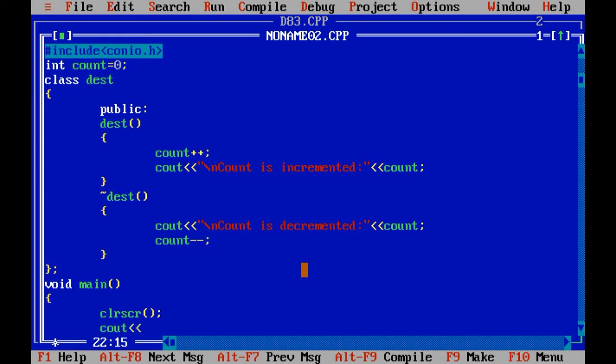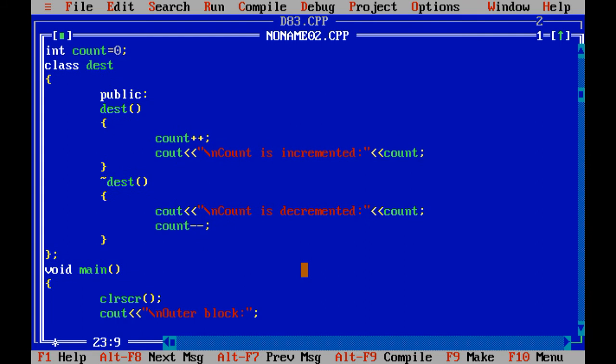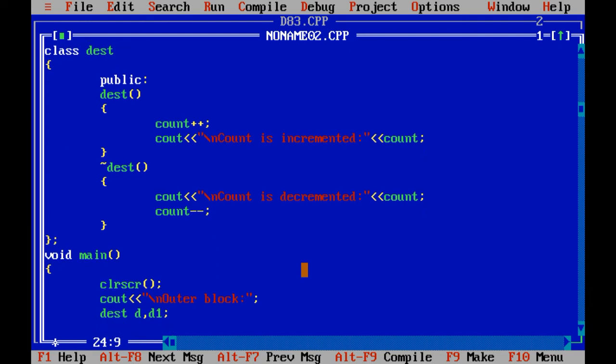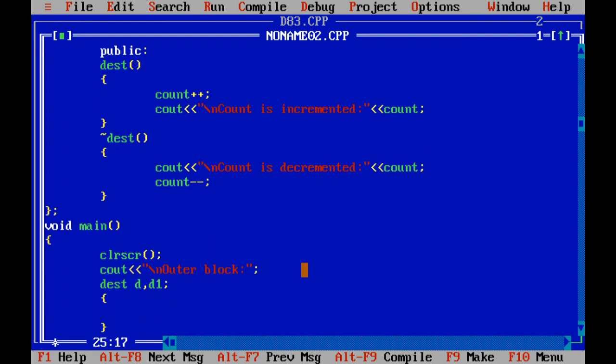I am going to create one block, \n, outer block, destructor object d, d1, cout \n, inner block, destructor d2.